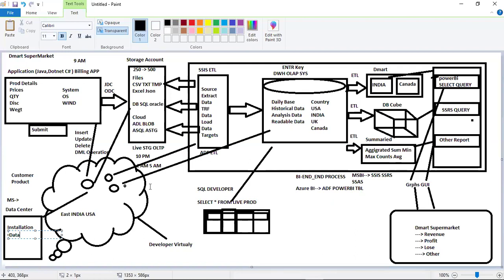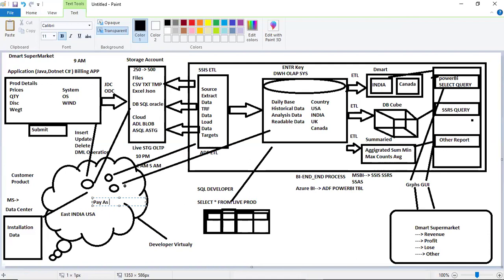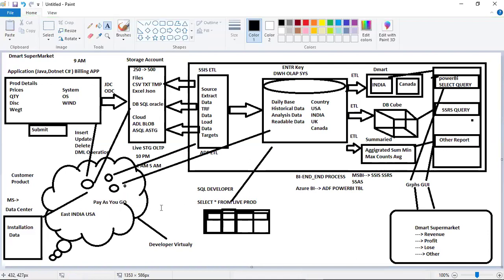They are telling you that you need not pay for a complete license. There is a concept called pay as you go, based on how much time you are using it. If the systems are not running at night, you need not pay charges for that. If you have 1 TB but are storing just 5 GB, you pay only for 5 GB. If you run Data Factory, you pay only while it is running. While loading the data, you have to pay. That is how this concept comes into the picture. That is what we call cloud.